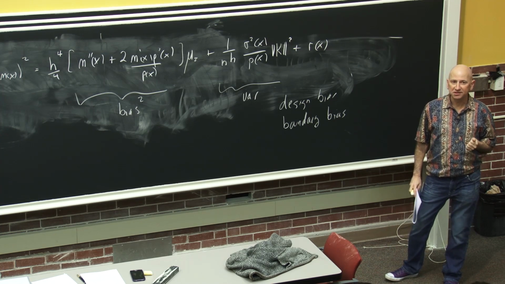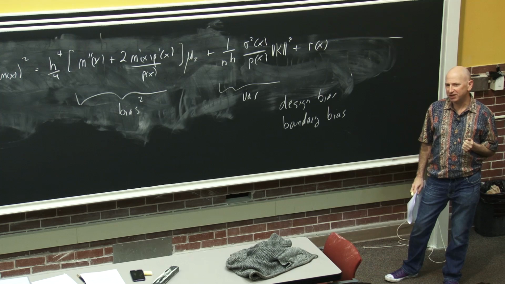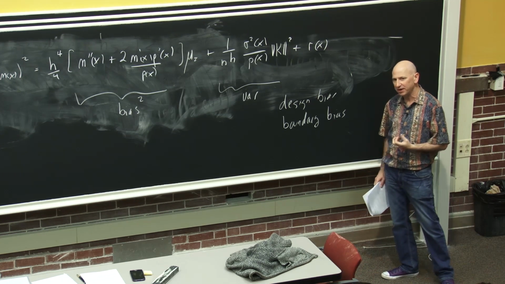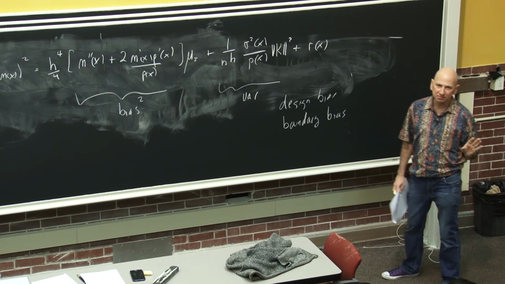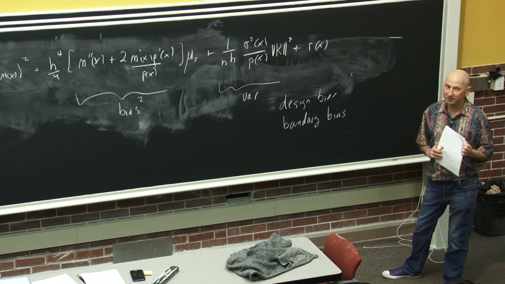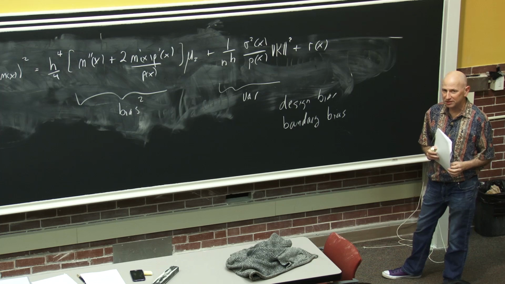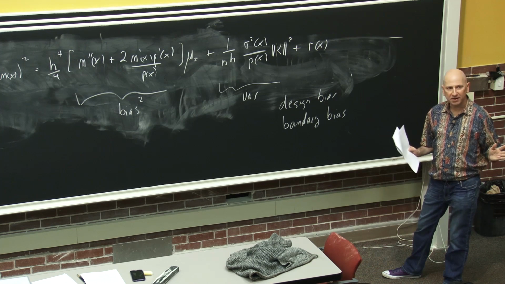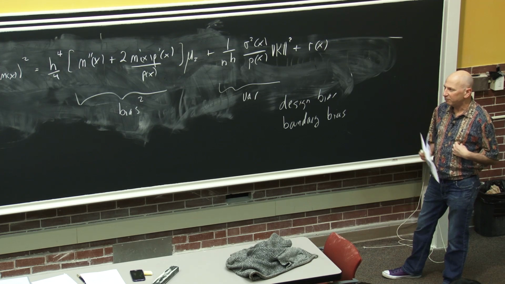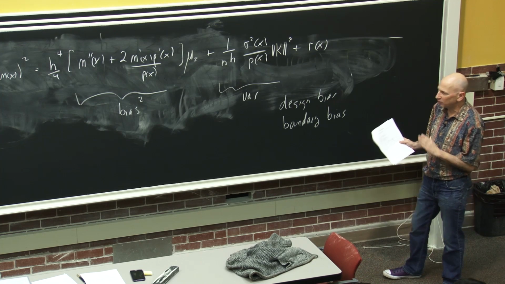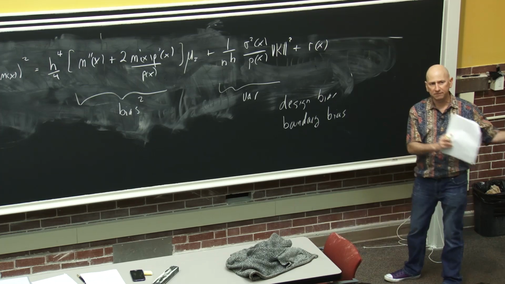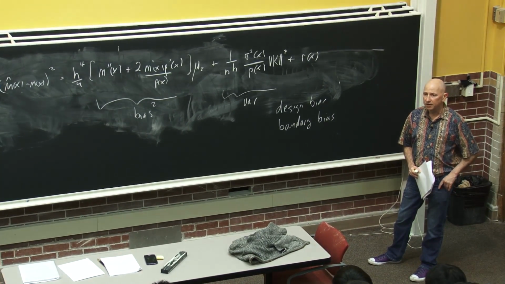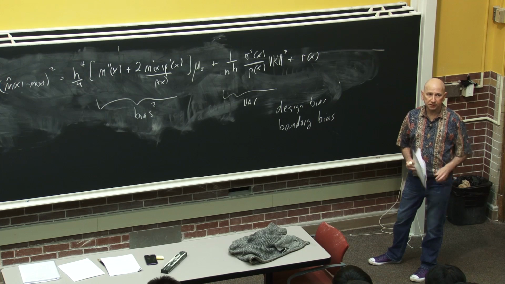The cool thing is the fix is trivial. People actually spent years coming up with complicated methods to remove the design bias and the boundary bias. It turns out there's a very simple fix, which people finally realized, called local linear regression or local polynomial regression. Very easy to do, very easy to program. It gets rid of the design bias, gets rid of the boundary bias. And the reason why I'm emphasizing this so much is this is an example of something I don't think has penetrated from the statistics literature into the machine learning literature, so much as I'm aware of. And it's kind of an important point.